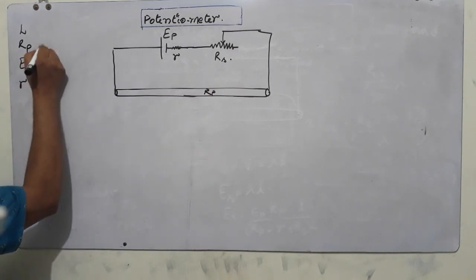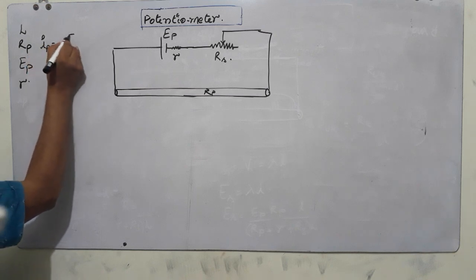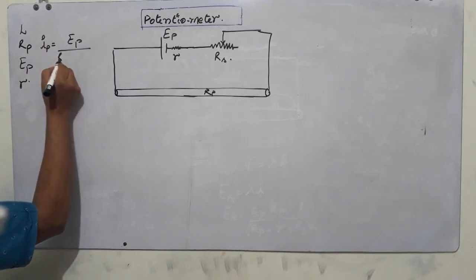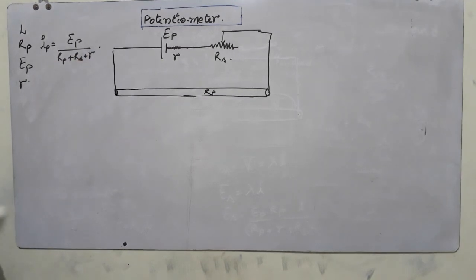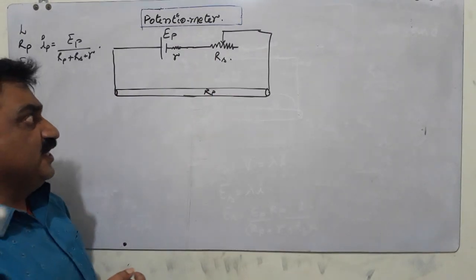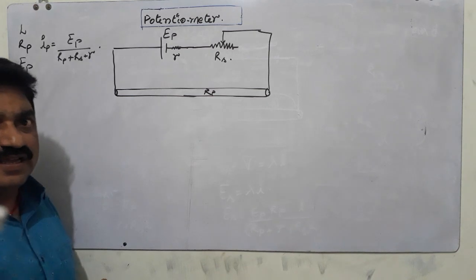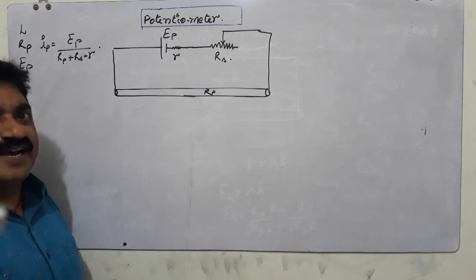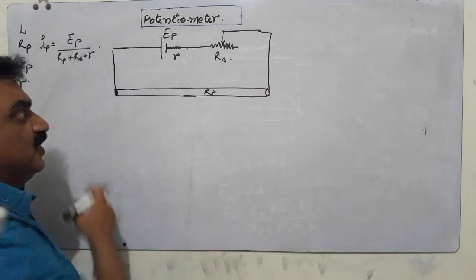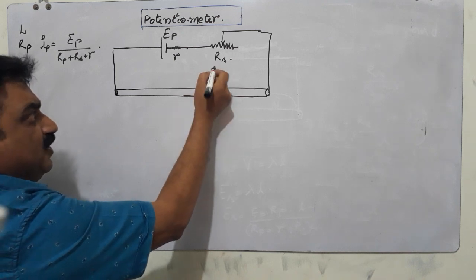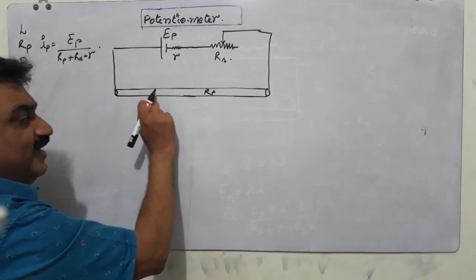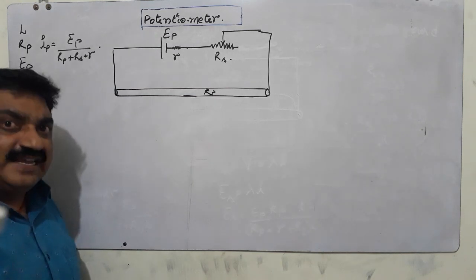And here the current in this primary circuit is given by Ip is equal to Ep by Rp plus Rs plus r, and if it is an ideal cell, we can neglect the value of small r. What is the use of this series resistance? This series resistor can control the current and it makes the current constant in this primary circuit. If current decreases, then we have to decrease resistance so that current again re-establishes as it was.